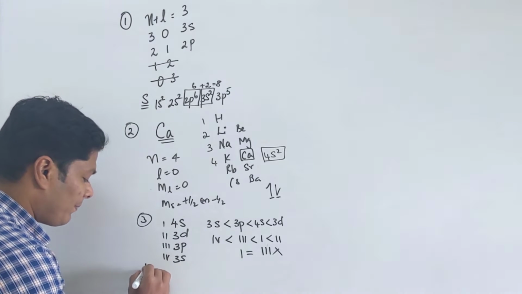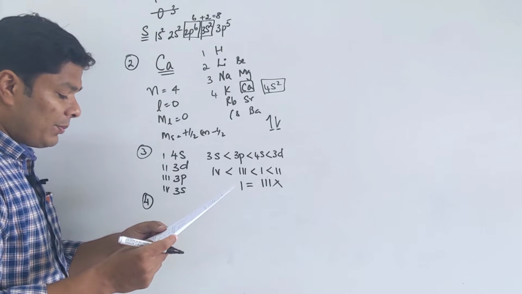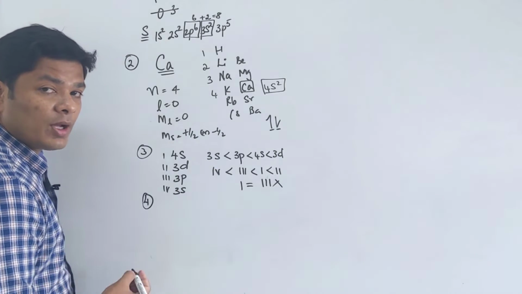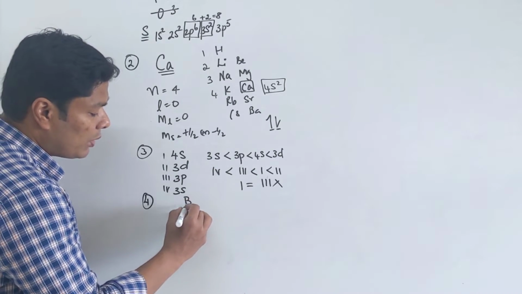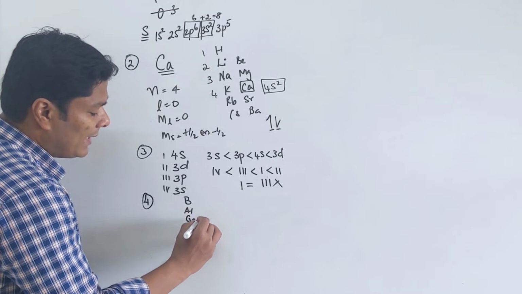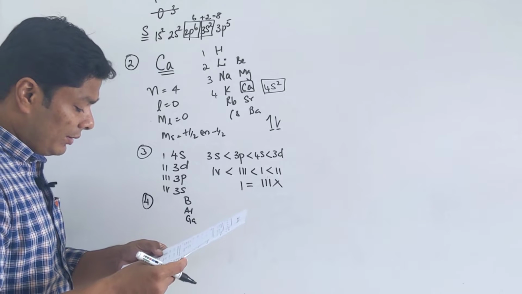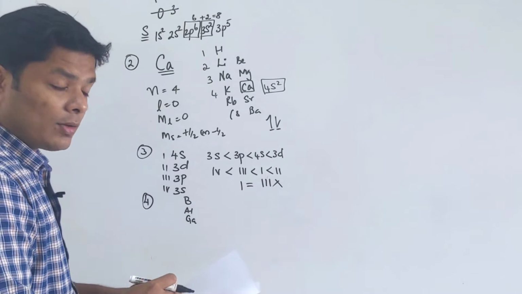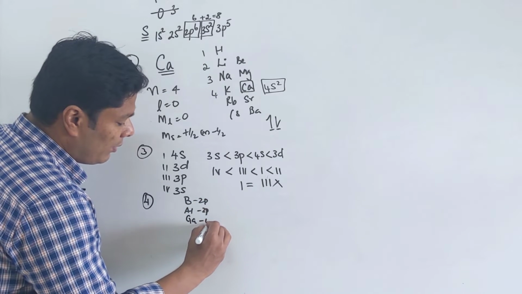It's easy. Question number 4. Which of the following may represent the possible quantum numbers for the last electron of gallium? We will see periodic properties in much more detail. Gallium belongs to the boron group: boron, aluminum, gallium, indium, thallium. So they are talking about possible quantum numbers for the last electron. So this is 2p, 3p, 4p.